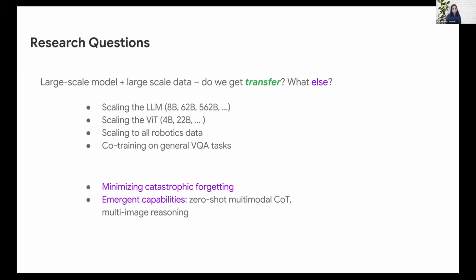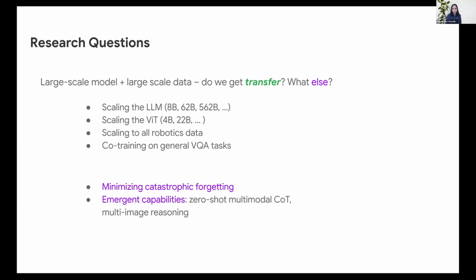Now, transfer here means that by learning from all the data on internet scale tasks like visual question answering and image captioning data that exists, for example, in ImageNet or COCO data sets or much larger data sets, will we be able to solve problems on the robotics tasks? And we do find positive results that I'm going to describe in the next few slides.